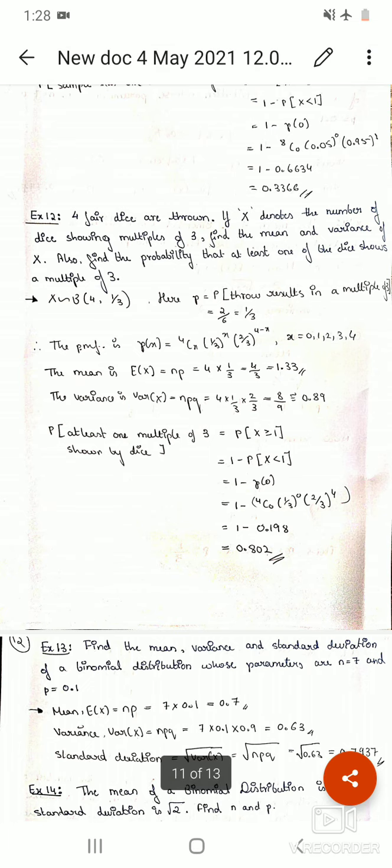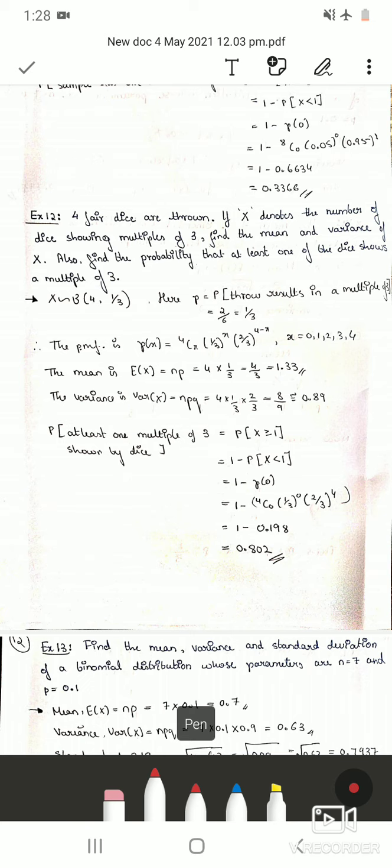So in this question they have given what the random variable x is. It denotes the number of dice showing multiples of 3. When you throw a die, the possibility of getting a multiple of 3 is either 3 or 6. So there are only two possibilities. This we had seen last semester in the probability classes. When you throw a dice, what is the probability of getting a multiple of 3? It was the number of favorable outcomes divided by the total number of outcomes. The total number of outcomes is 6, and the favorable outcomes will be 2. Therefore the probability will be 2 by 6 or 1 by 3.